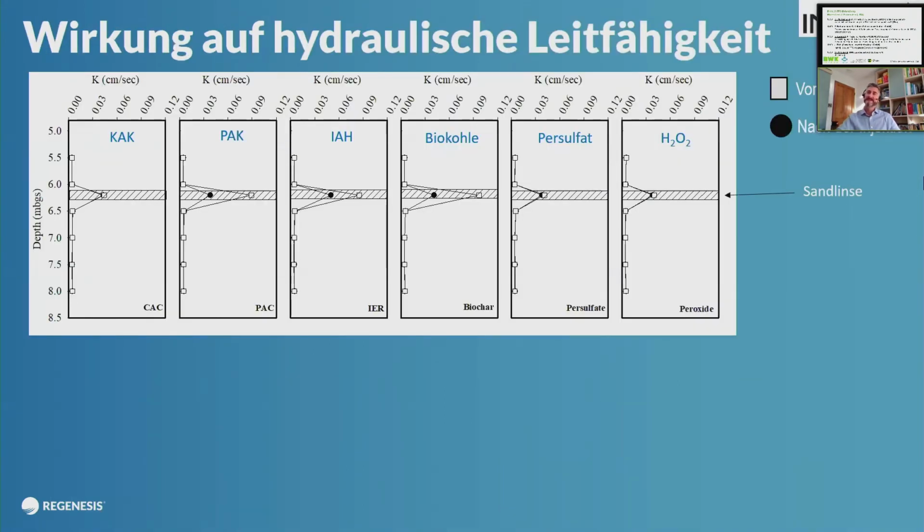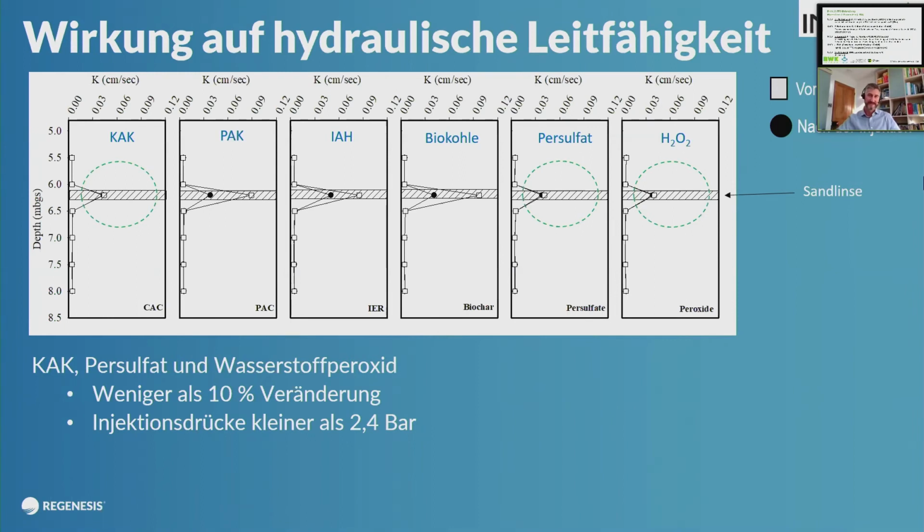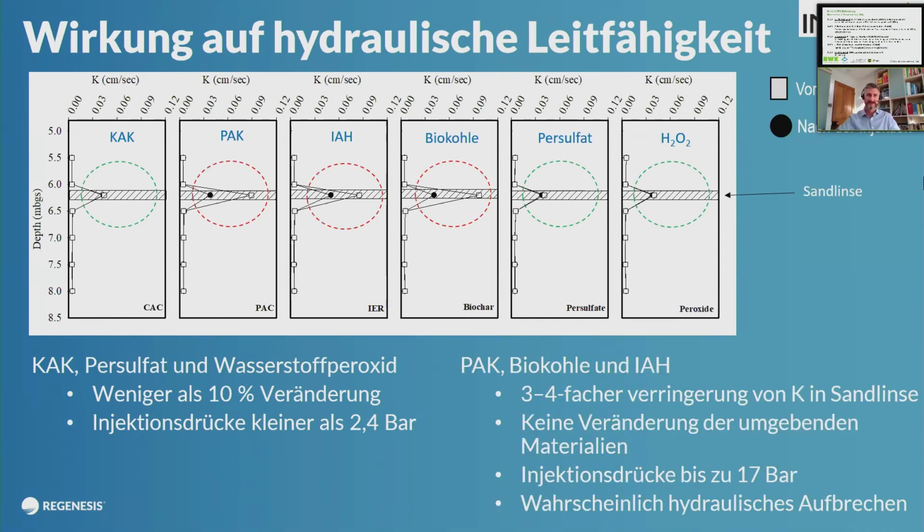Okay, so this graph, the y-axis is depth. Each little graph going along the x-axis is the hydraulic conductivity, and then we've split that up by the product that was used. That line in the middle, just under 6 meters with a hash on it, that's the sandy lens, so that's the most permeable zone. And what we're looking at here is how much the hydraulic conductivity was affected by the injection, and with the colloidal activated carbon and the liquid chemical oxidants, there is no effect on that. They just flow in, and they haven't affected the hydraulic conductivity at all.